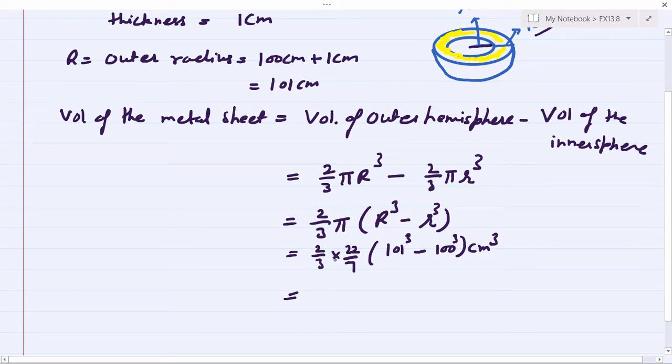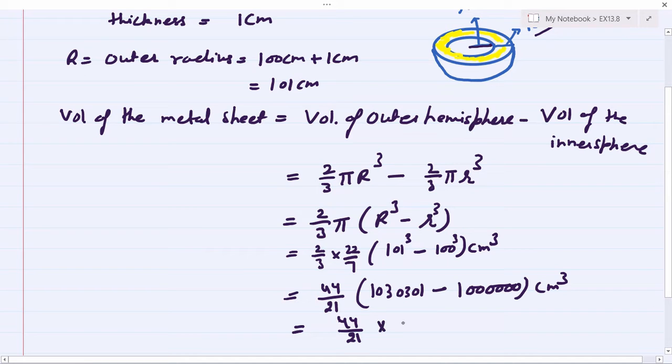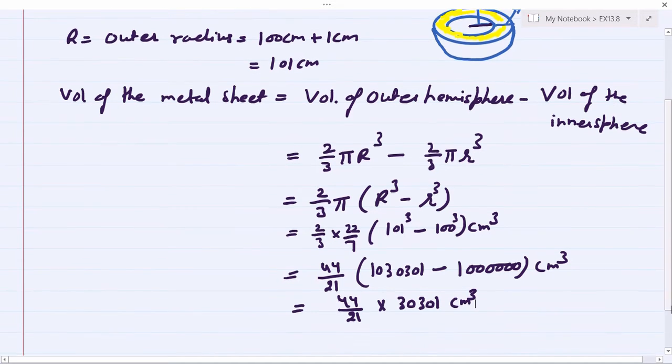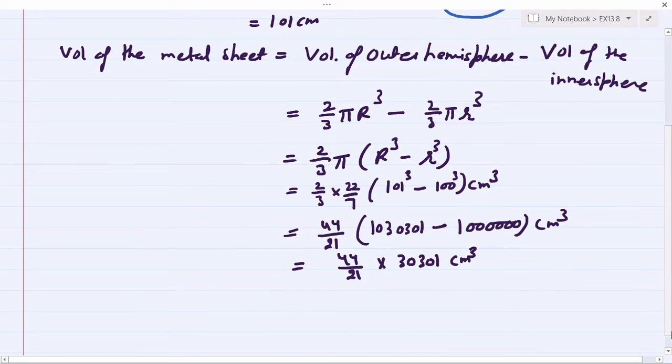Now if I multiply this, I would get 44 upon 21, and the value of 101 raised to power 3 is 1030301, and this is equal to 1 and 6 zeros, right? Now you can subtract them and you will get 44 upon 21 into 30301 centimeter cube. Okay, now you have to multiply 44 by 30301, and you will get